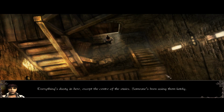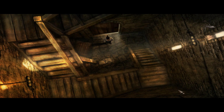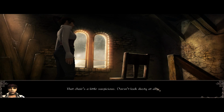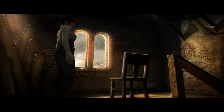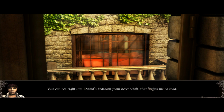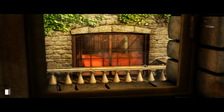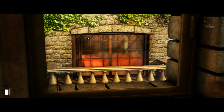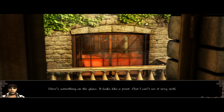Oh, need to have the right thing equipped. Everything's dusty in here, except the center of the stairs. Someone's been using them lately. Also, notice the eerie, spooky sounds. That chair is a little suspicious. Doesn't look dusty at all. You can see right into David's bedroom from here. Oh, that makes me so mad. There's something on the glass. It looks like a print, but I can't see it very well. Yeah, I can see a smudge down here, but... There's something on...